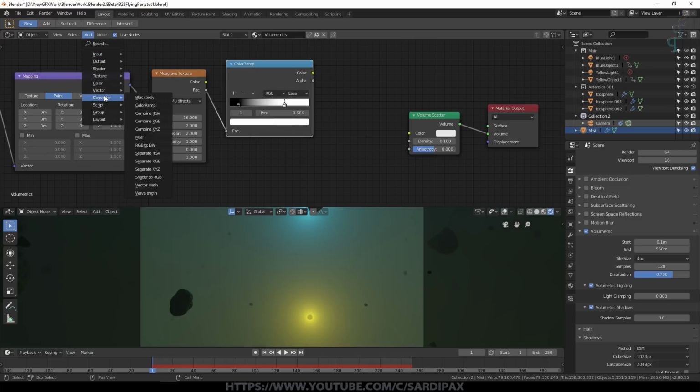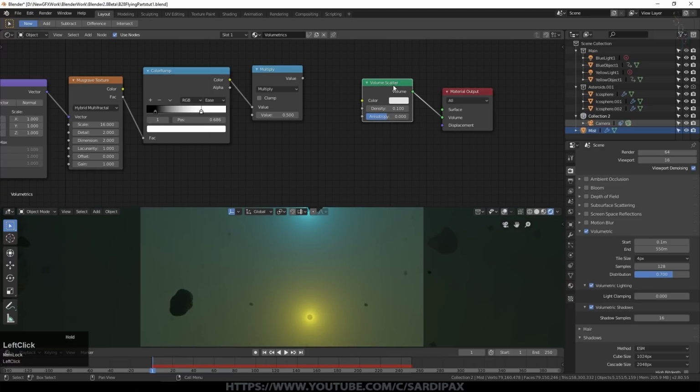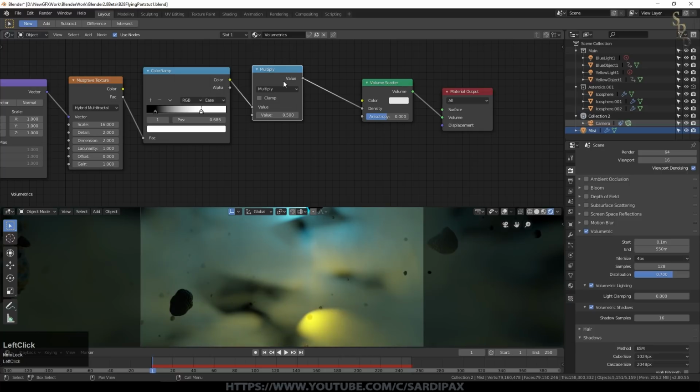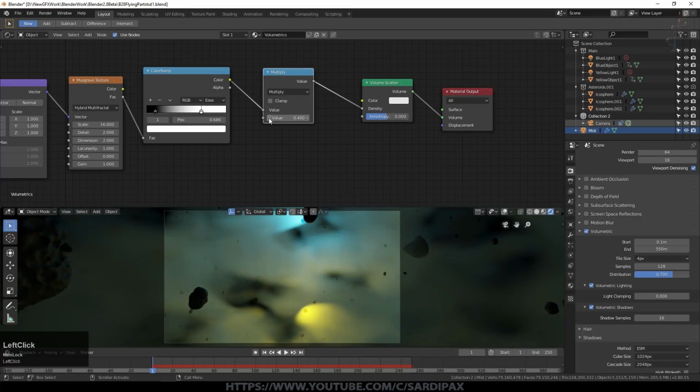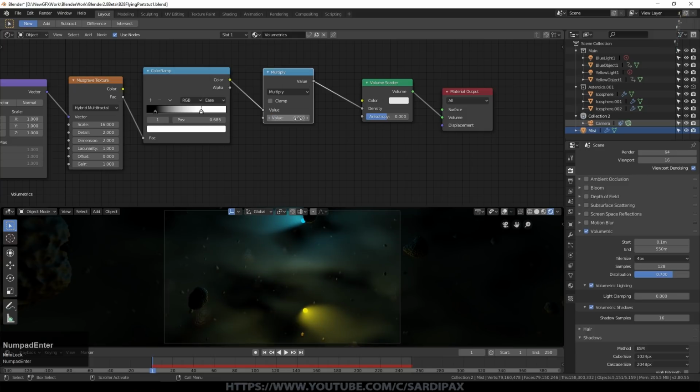Next, I added a converter, which is a math node, changed it to multiply, took the color output from the color ramp into the top input, and then took the output of my multiply node into the density down here. The reason for that is because this will be too dense otherwise, and having this multiplier node allows me to control the overall density of my fog or mist. So you can see if I turn this down, the mist becomes less dense till I get to 0. So I could go to 0.01, and it's a very low density mist, which may be exactly what you want.